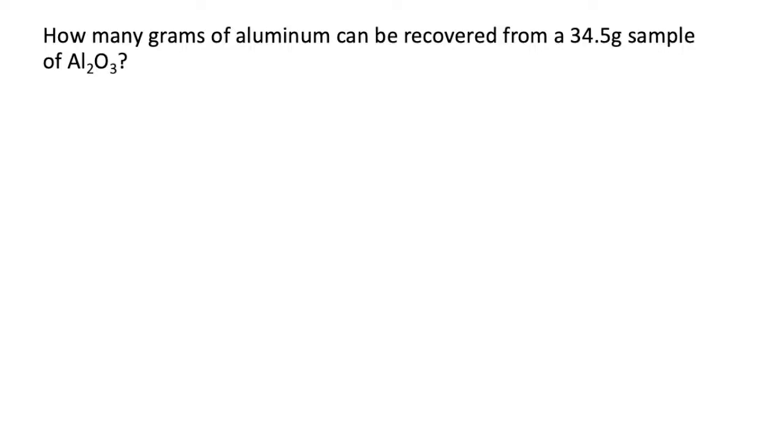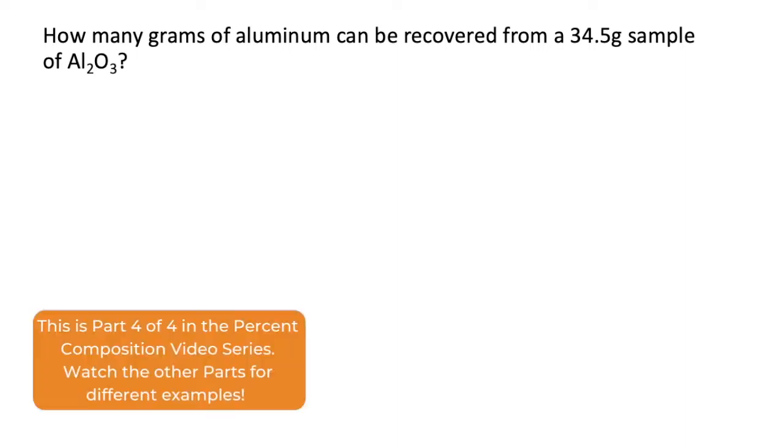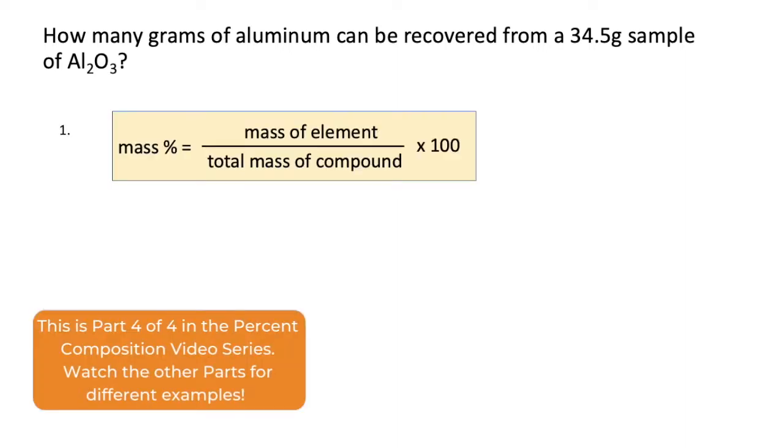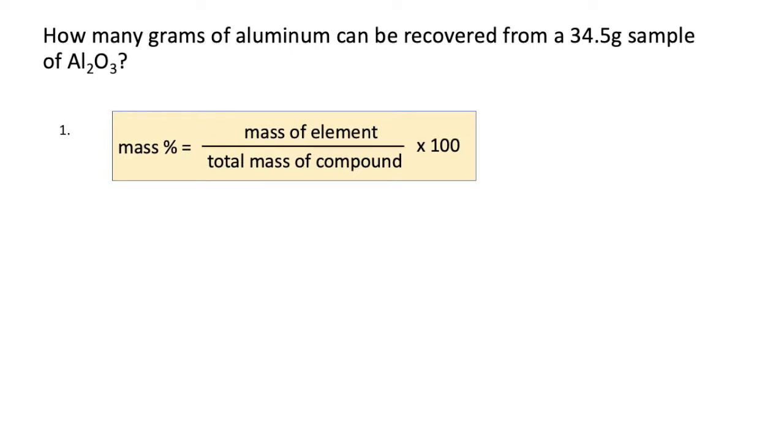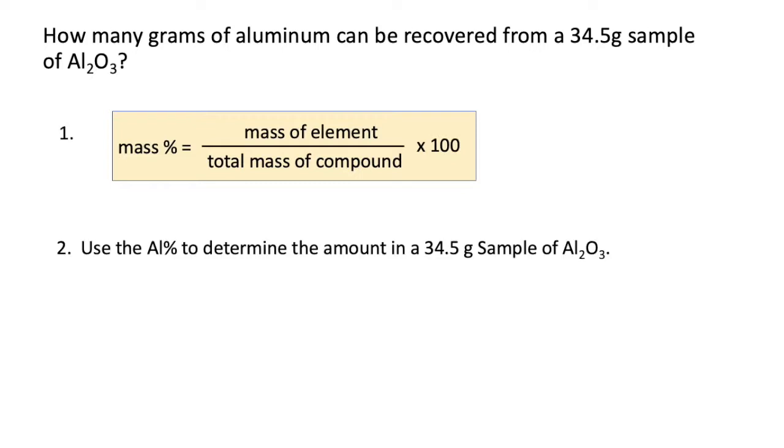In this next example, we're asked how many grams of aluminum can be recovered from a 34.5 gram sample of aluminum oxide. First, we're going to use the percent composition equation to determine the percent of aluminum in aluminum oxide. Then we're going to use that calculated percent of aluminum to determine the amount in the 34.5 gram sample of aluminum